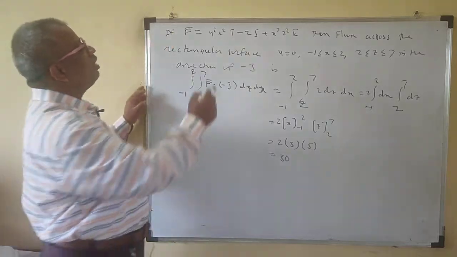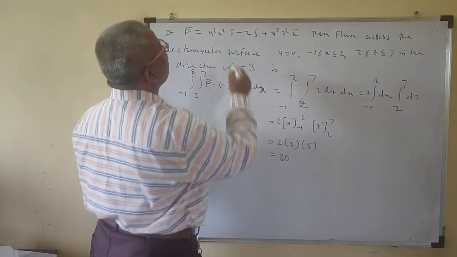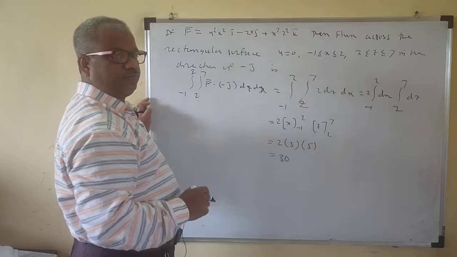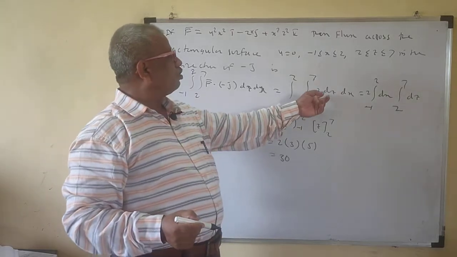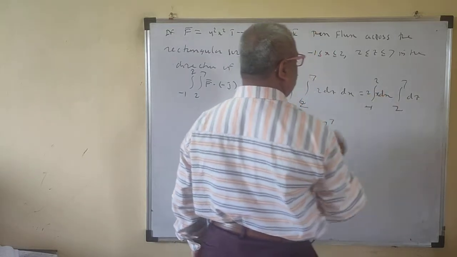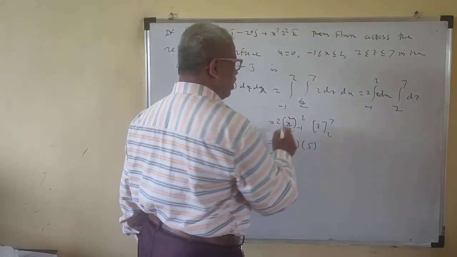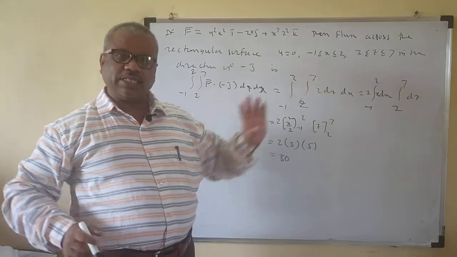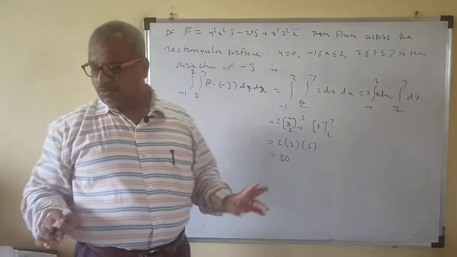Okay, no problem for this one. Suppose here this is 2x. Then you get 2x here, and you have to integrate. It is the same thing here: you have to write x, then this is x square by 2, and your z will be as it is. Then no problem for this one.